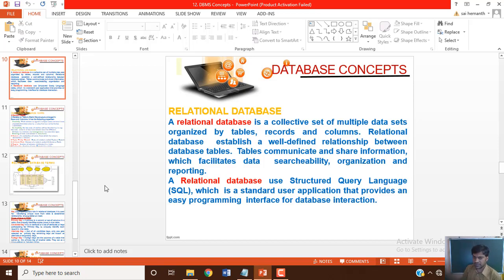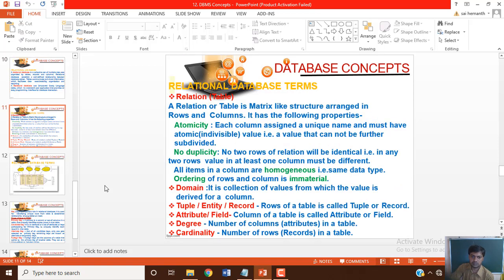The terminologies you can see are the relational database management terminologies, different terminologies.